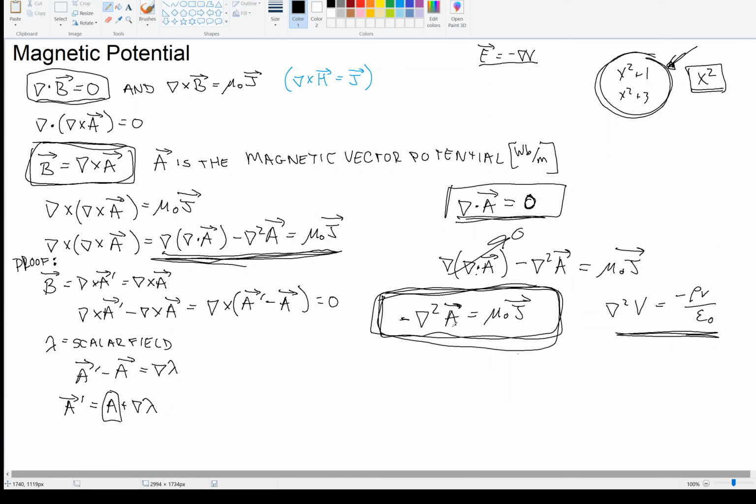But you see, this A vector is now playing the role of V, and so everything that we did for electrostatics regarding the voltage, we can do with this new concept of magnetic vector potential. And just as we saw that V was the integral of dq over 4 pi epsilon r, we're going to define A as an integral over mu 0 I dl over 4 pi r for line current, regular old current,